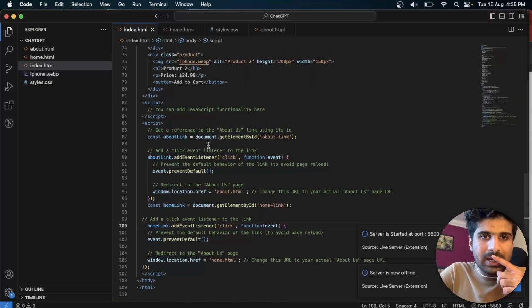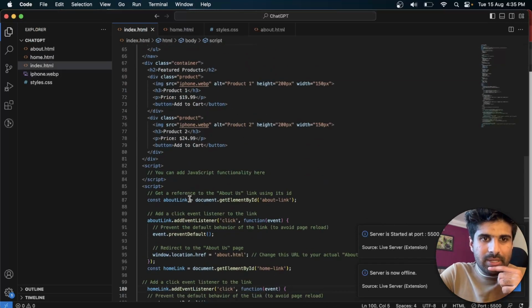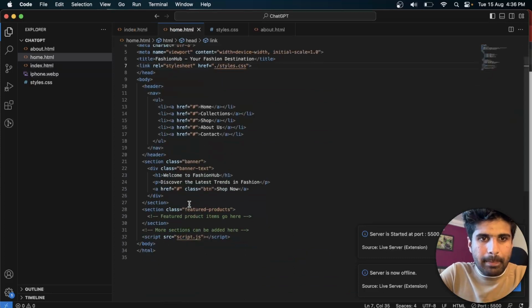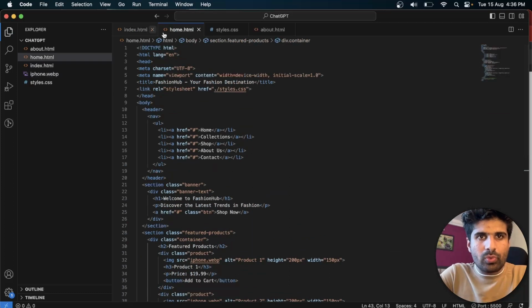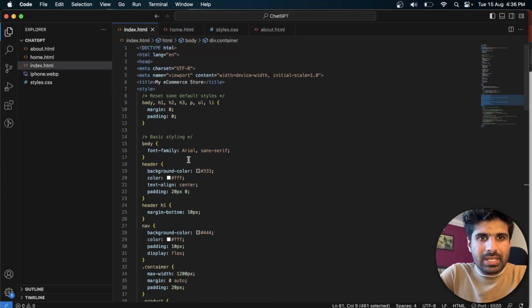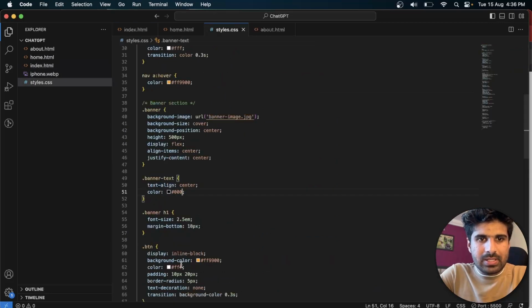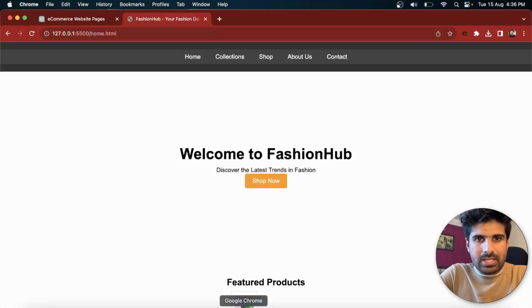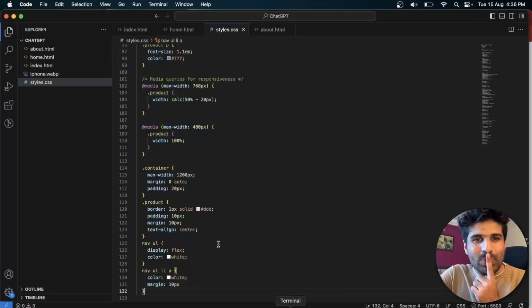So let's copy our code from here, from index.html. Let's copy it and paste it onto this section, Control S. Also we're going to copy the CSS container product and so on onto the style.css file, Control S. Now coming to the website, it looks quite weird, so let's